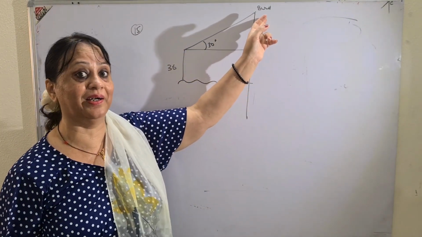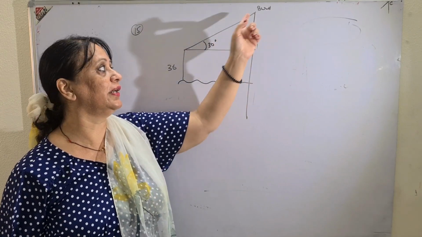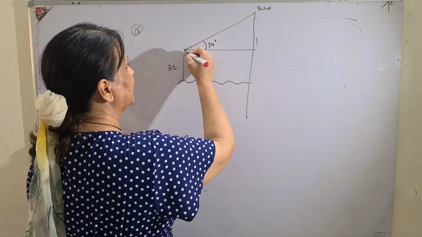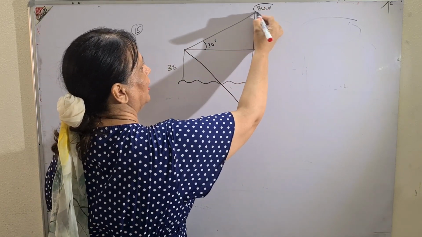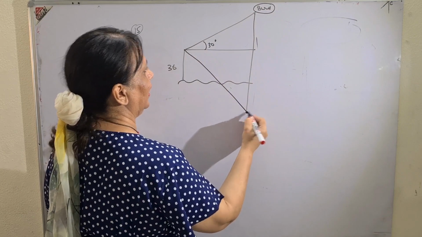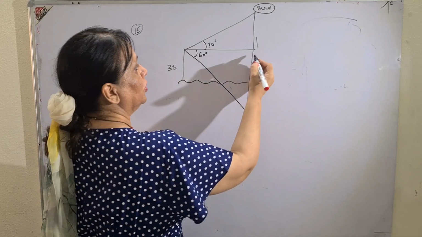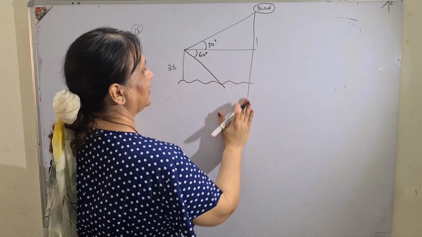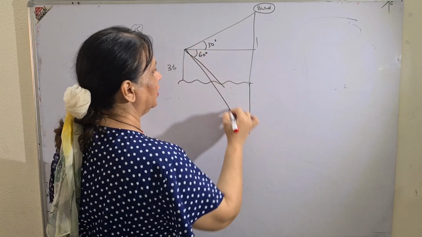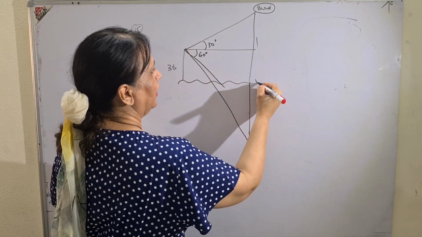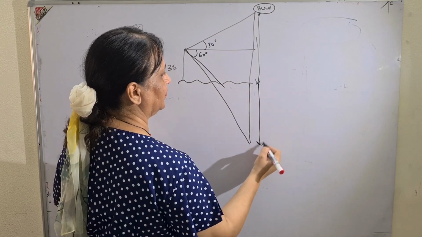We can even find the height of the bird. So this science is so good. The angle of elevation is 30 degree, and the depression of the reflection of this bird in the lake is given at 60 degree. This is the question. You know, according to laws of reflection, the distance of the object is equal to the distance of the image.